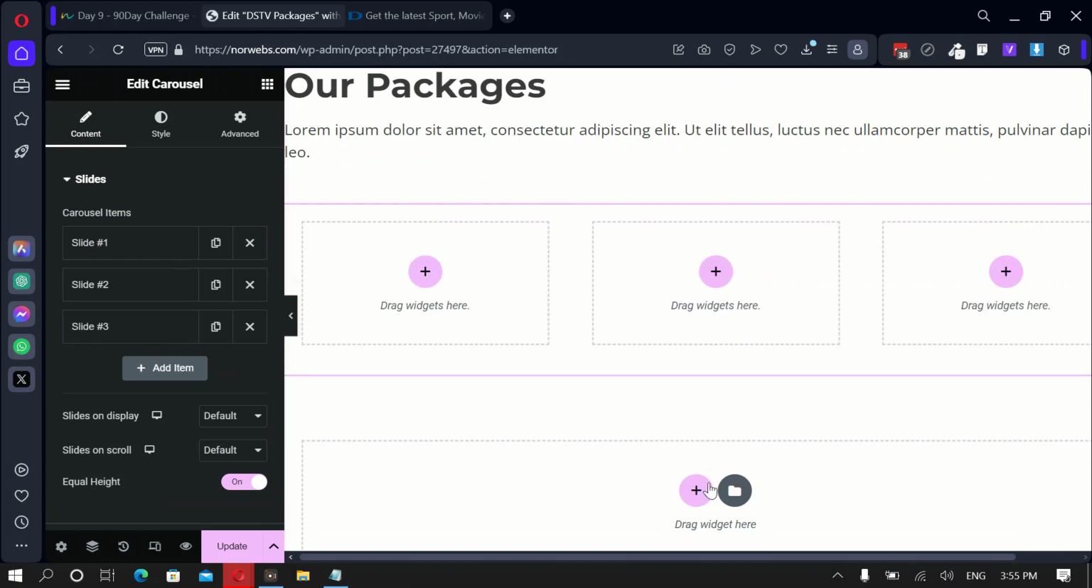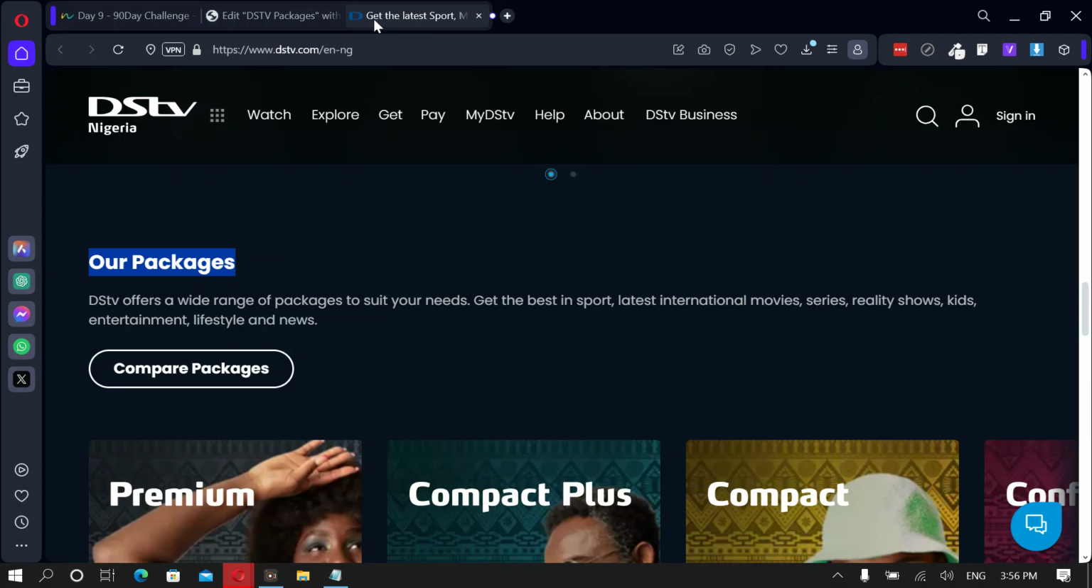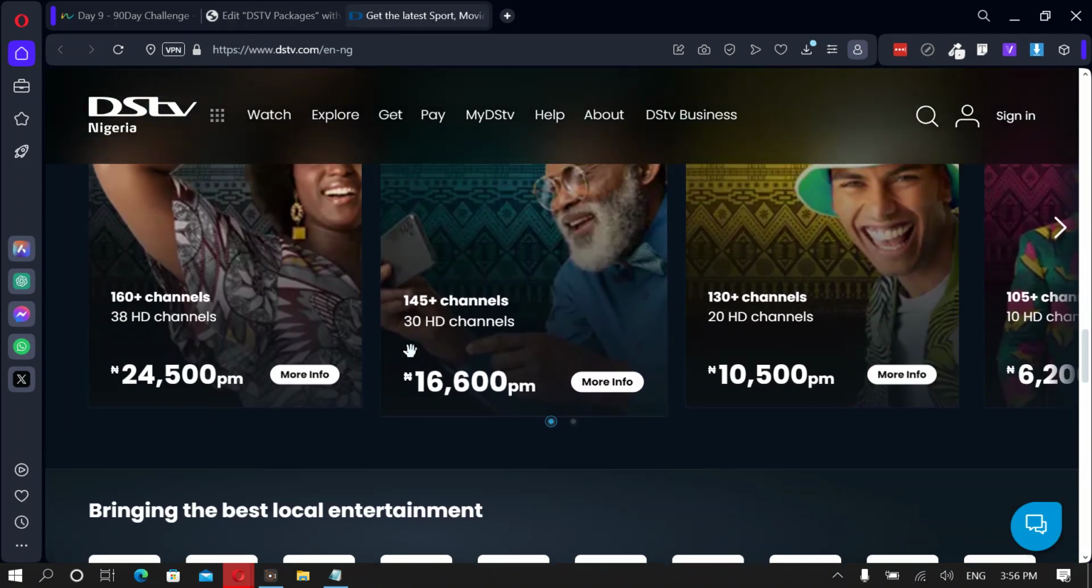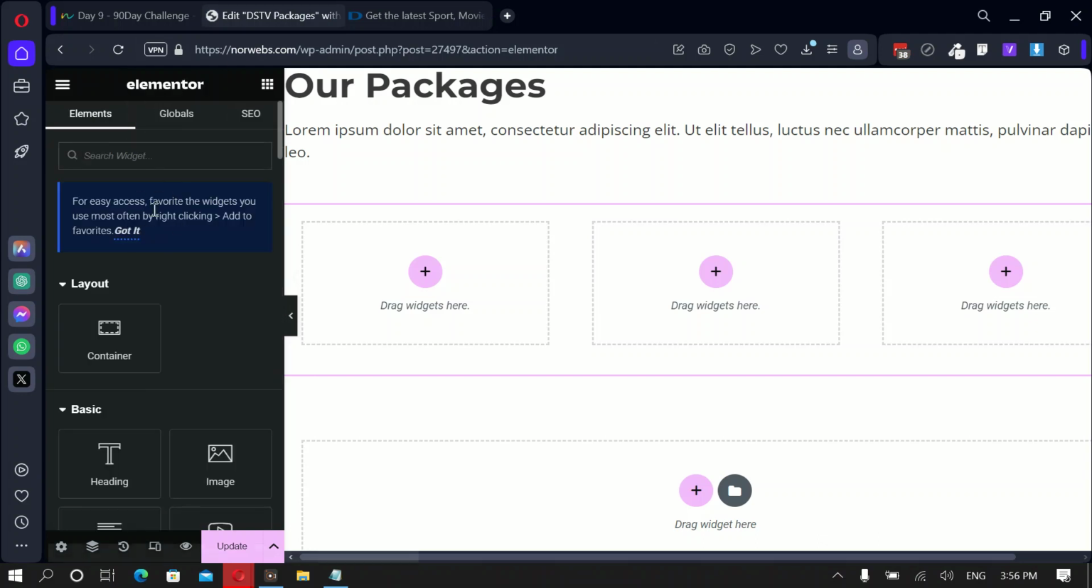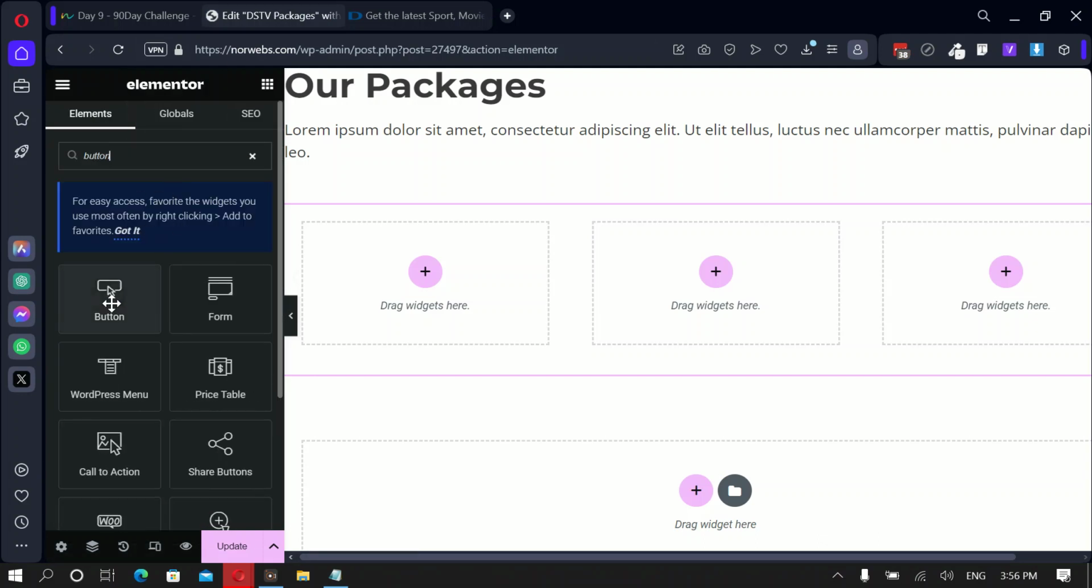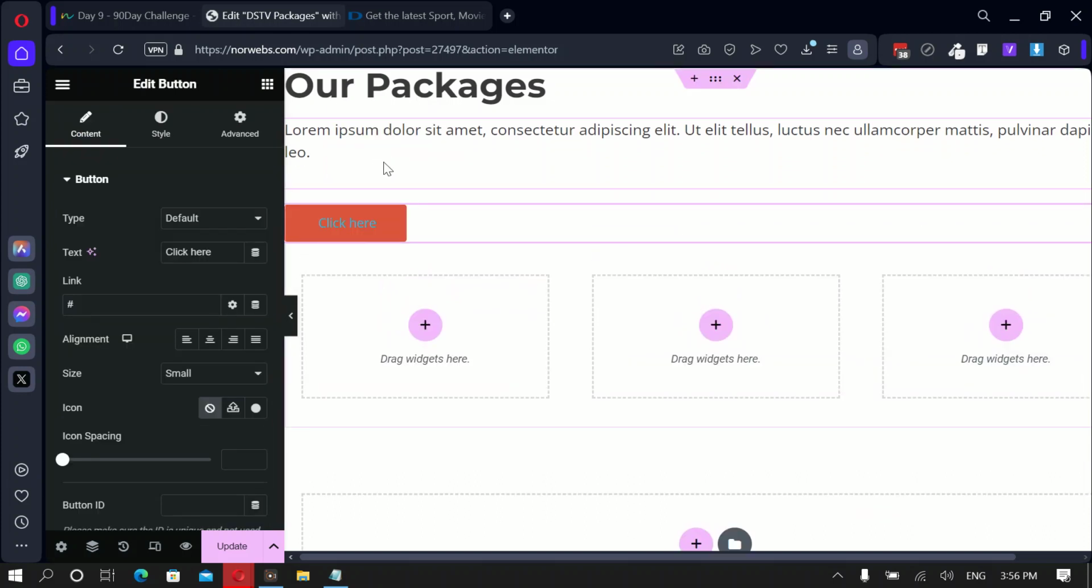Okay. Now I think we need, do we need a button? Let's see. Yes, there's a button here. So I'm going to drop in a button as well. Type in button and drop it here. Okay, so we have added almost all the elements we need. So now let's start